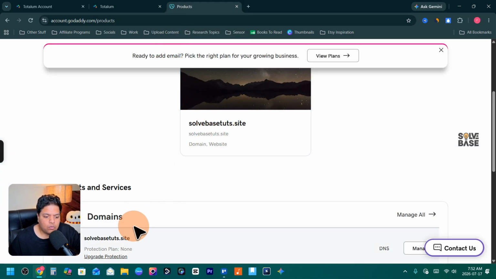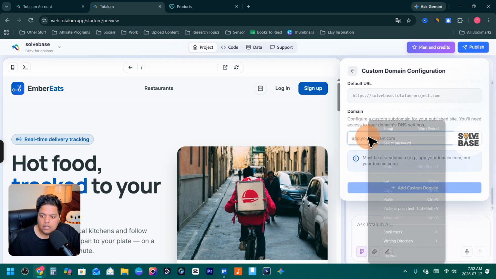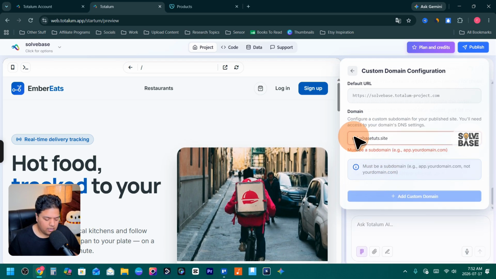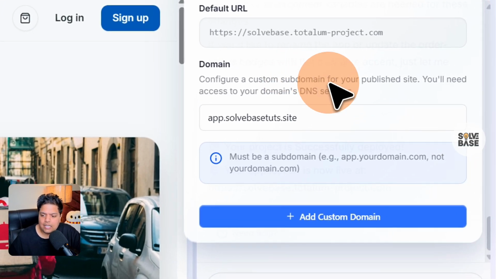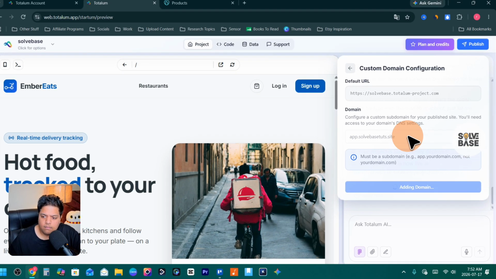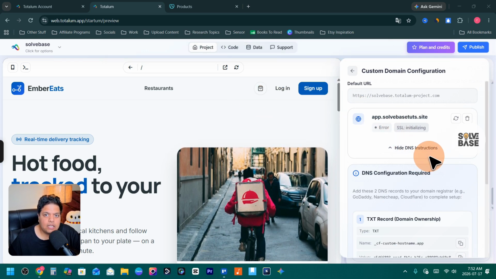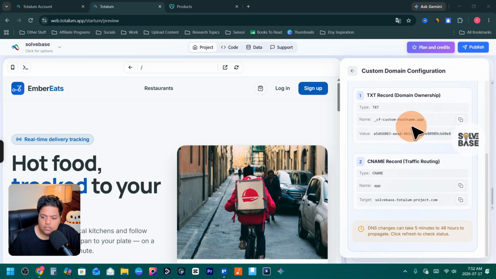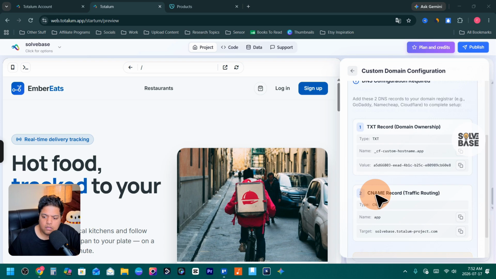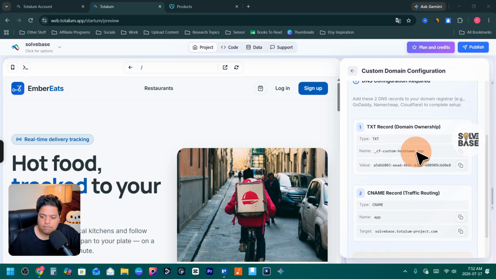So let's say I want to add solvebasedtuts.site. I'm just going to take the entire domain name, copy it from here and paste it right here, but I need to add app.solvebasedtuts.site like this. Then let's press on add custom domain. And there you go, our custom domain is added successfully. It still needs configuration, so the DNS configuration needs to be added. Just scroll down. You're going to find the TXT record and the CNAME record that we need to add on our GoDaddy domain DNS